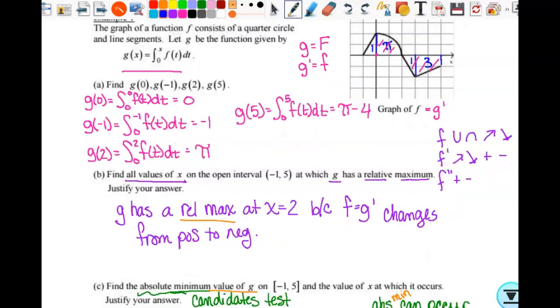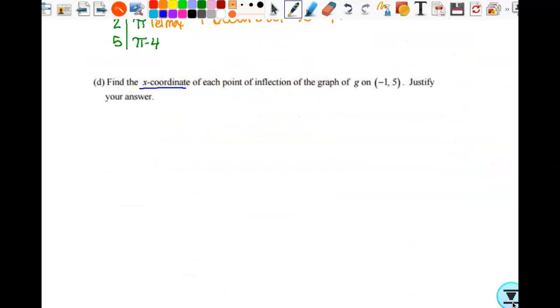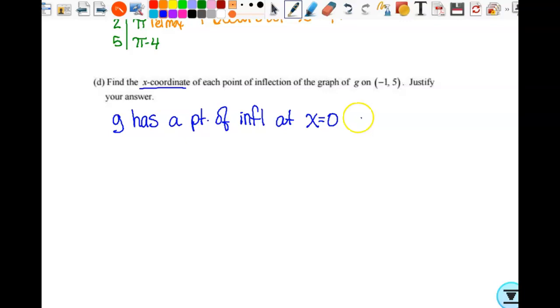All right, so where is the first x value? Well, actually, let's just start a sentence first. The x-coordinate for each point of inflection. So I can say G has a point of inflection at x equals, okay, so where's the first time we change from either increasing to decreasing? Okay, at 0, because we go from increasing to decreasing there. Then as we go along the graph, it's decreasing until 2, but it still keeps decreasing, right? And then at 3, it starts increasing, right? So inflection at x equals 0 and x equals 3,